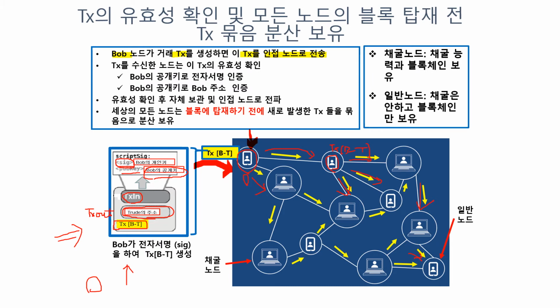Other nodes can also send another transaction, TX2, and then all the nodes maintain a list of transactions. All the nodes accumulate new transactions, and once the number of transactions comes to about 200,